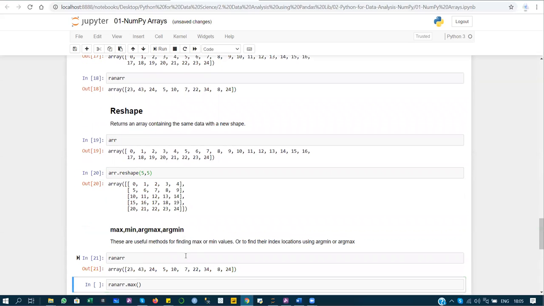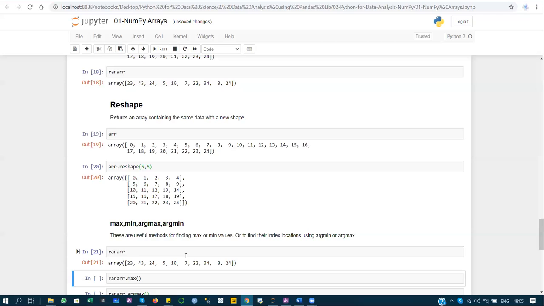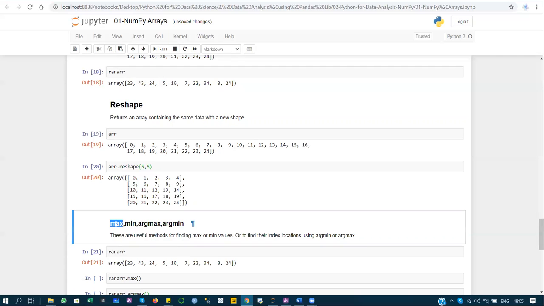Now, max, min, argmax, argmin. So max stands for the maximum value in a vector or array, and min stands for the minimum value in the vector or matrix. argmax means the index position of the maximum value, and argmin means the index position of the minimum value.